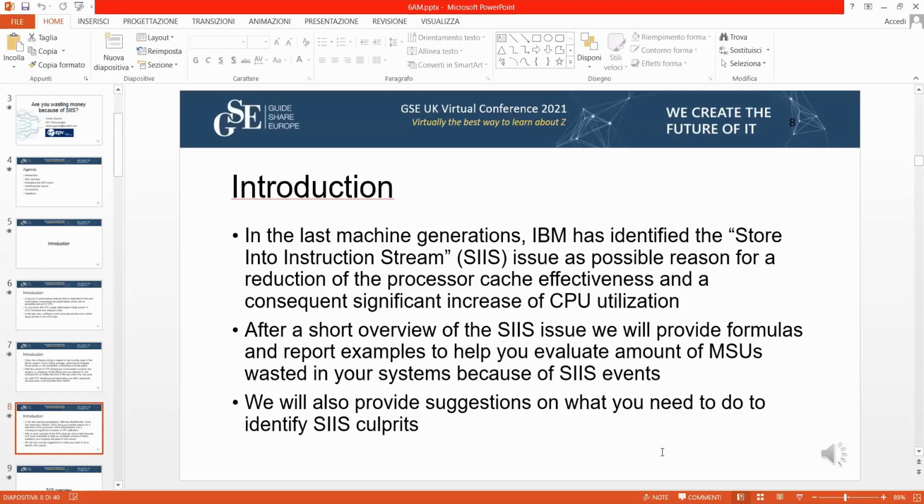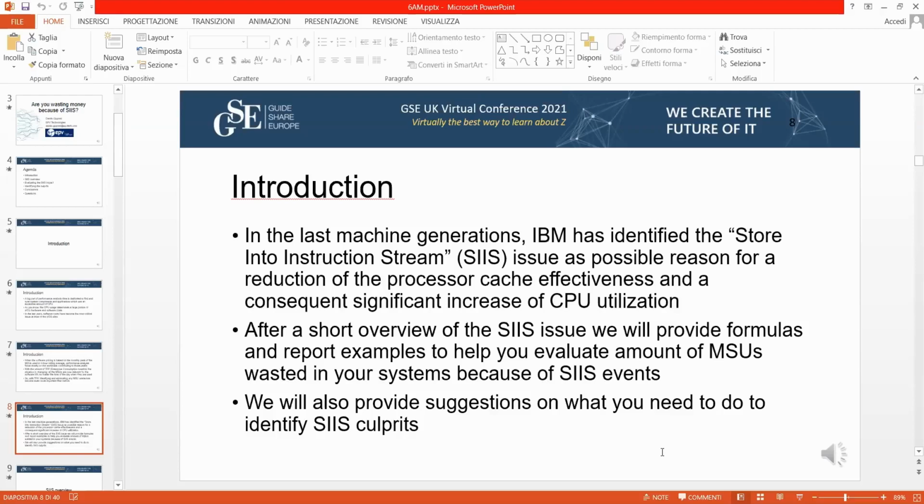If there are specific situations where this could happen, and if it happens, you will see what you have to analyze in order to understand if it's really this kind of problem. Anyway, the problem was definitely there. IBM introduced new hardware that was very efficient in specific situations, but there were situations that were very strange. At the beginning, it was not easy to explain why there were so many cycles wasted without anything happening. And again, this SIIS has been identified as a possible reason.